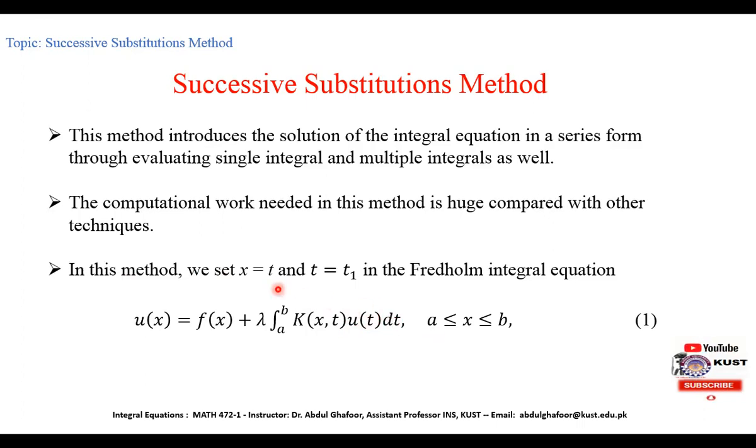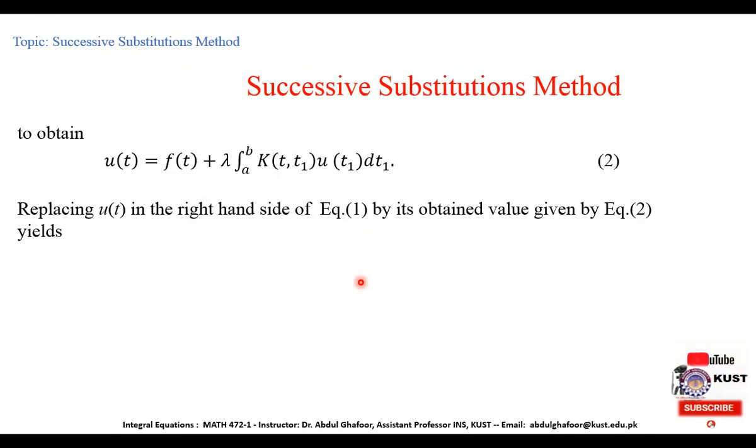For this we set x equal to t and t equal to t1 in equation 1. So using the substitutions x equal to t and t equal to t1, the value of u(t) can be computed, and that u(t) is given in 2,